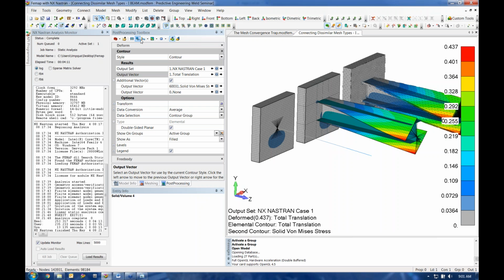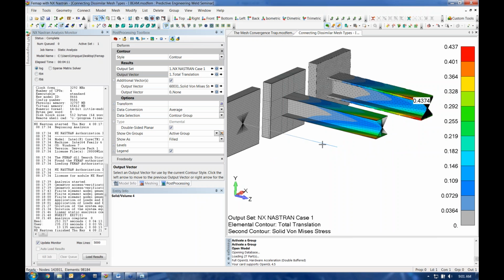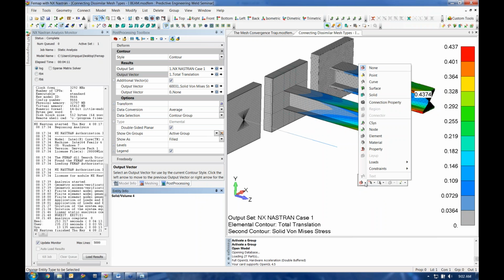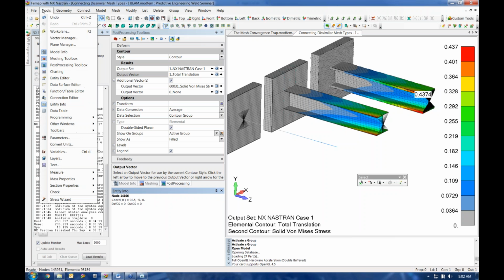For any of these models that you want to explore convergence or using different techniques and want to compare deflection values, my go-to post-processing combination here is the entity info window and the selector. So the selector, in the case of looking at translations, you would set to node. Your entity info here, if you guys don't see this on your FEMAP install, it's just another one of the panes used to organize FEMAP,